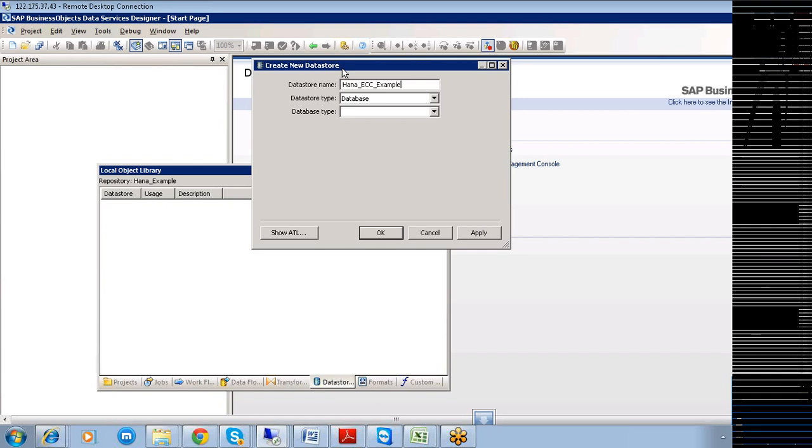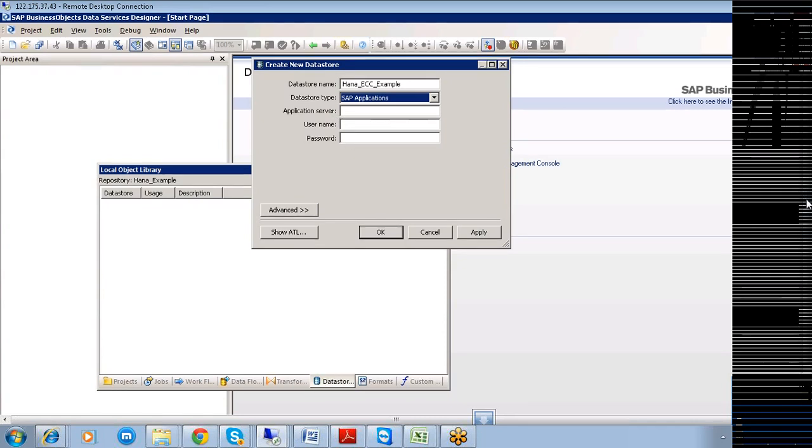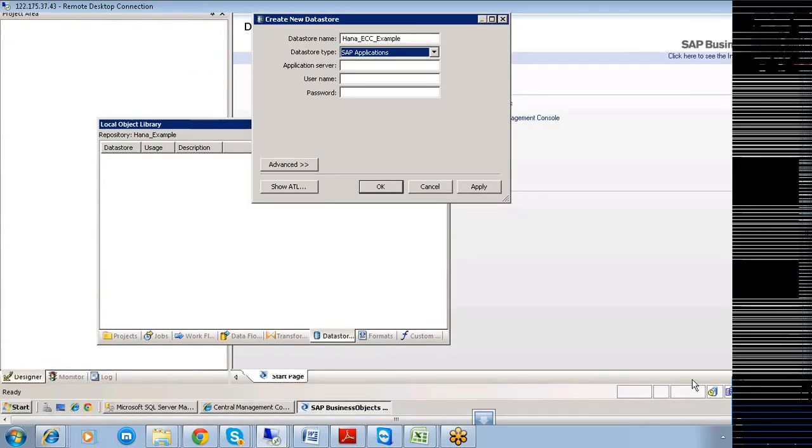Once it is created, the next step is to go to the database type and select SAP Applications. Then I need to give the application server name, the username, and the password. So how do I get them?